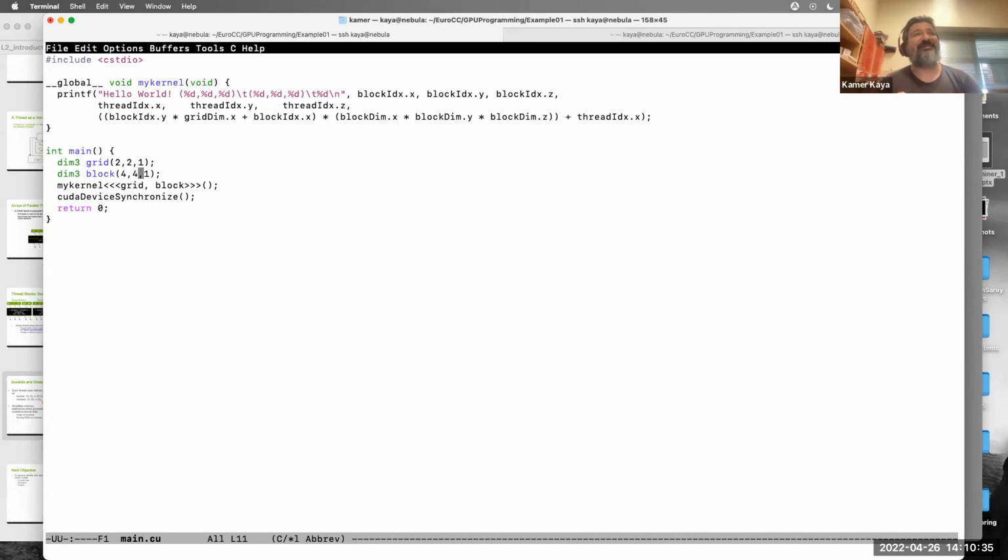And that thing is now my thread ID X. Okay, so I need to do the same thing that I did here, in fact. So this thing, which finds the ID of a block in a two-dimensional grid, can be applied here, right? So I can easily say thread ID Y times block